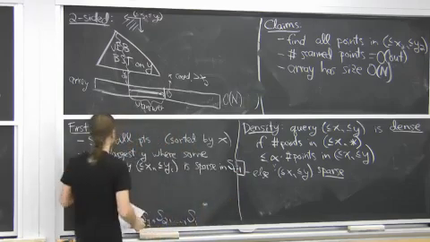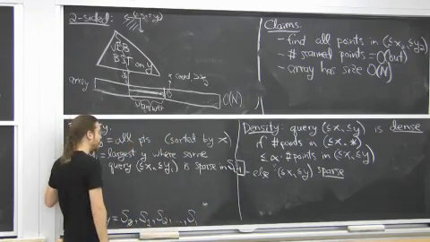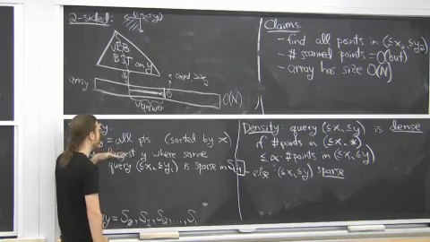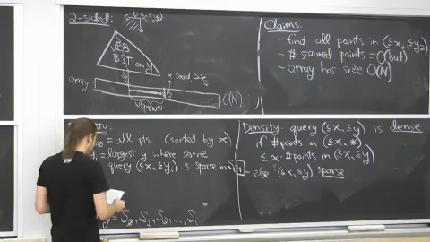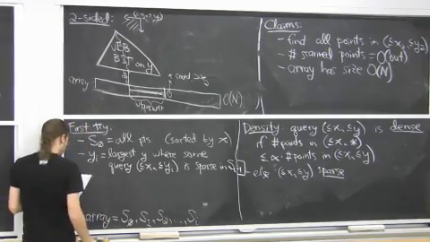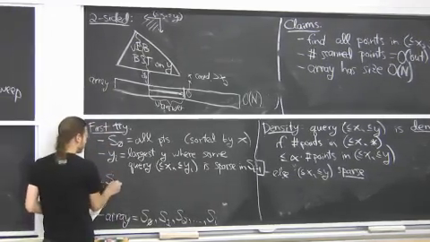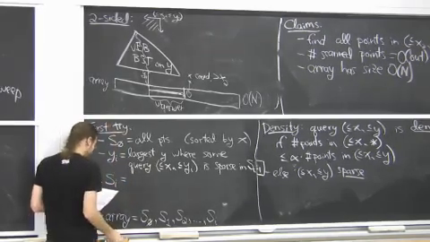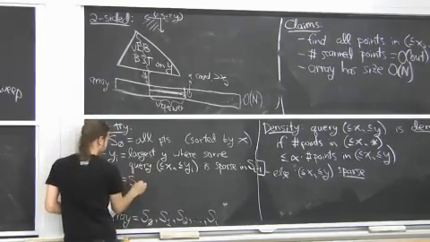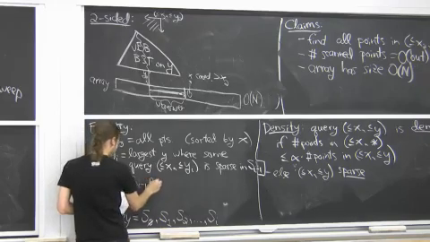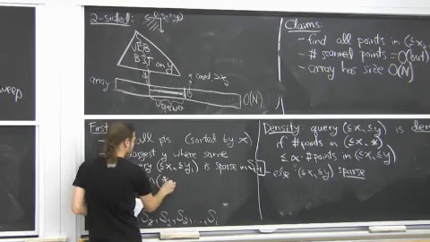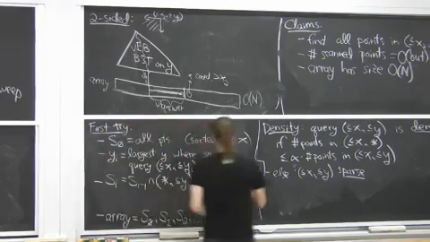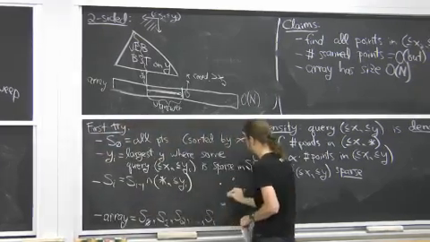Okay, so initially we have S0, all points. Y1 is the largest y coordinate where, so we work our way down until there's some sparse query in S0. That's yi. So then we just filter based on that. So throw away all the points above yi. So we're going to say, take Si minus 1, intersect it with the range query star, less than or equal to yi. Okay, so the picture is we have some point set,